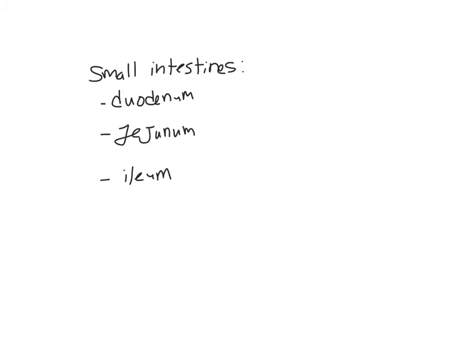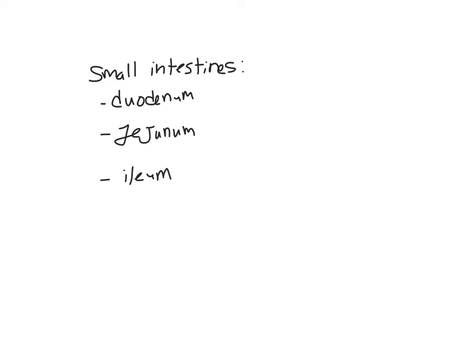the body. The small intestine can actually be broken up into three parts: the duodenum, the jejunum, and the ileum. In the duodenum, which receives the chyme from the stomach, we have a basic mucus that acts to neutralize that hydrochloric acid coming from the stomach. This is also the part of the intestine that receives the gastric juices from the pancreas, which is to say the digestive enzymes, and the bile from the